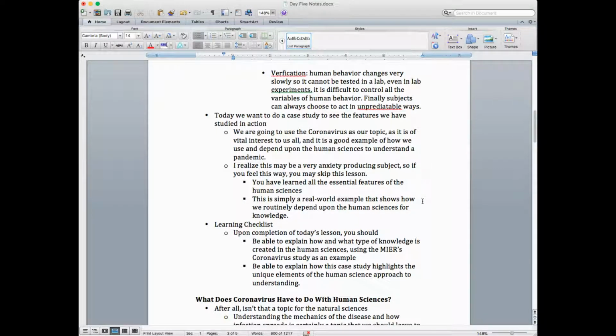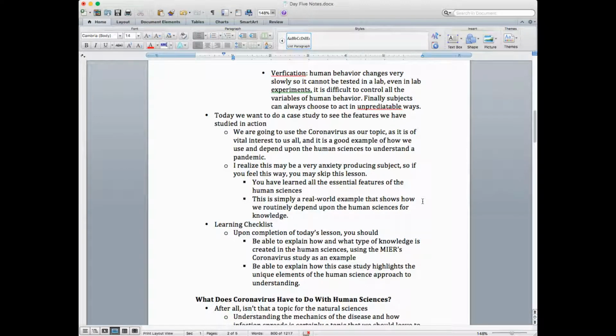Today, we want to do a case study, and we're going to look at the features we've studied in action this time. We're going to use the coronavirus as our topic, as of course it's of vital interest to us all. And it's a good example of how we use and depend on the human sciences to understand things such as a pandemic. Now, I realize this may be a very anxiety-producing subject, more so if you have loved ones or friends who might be